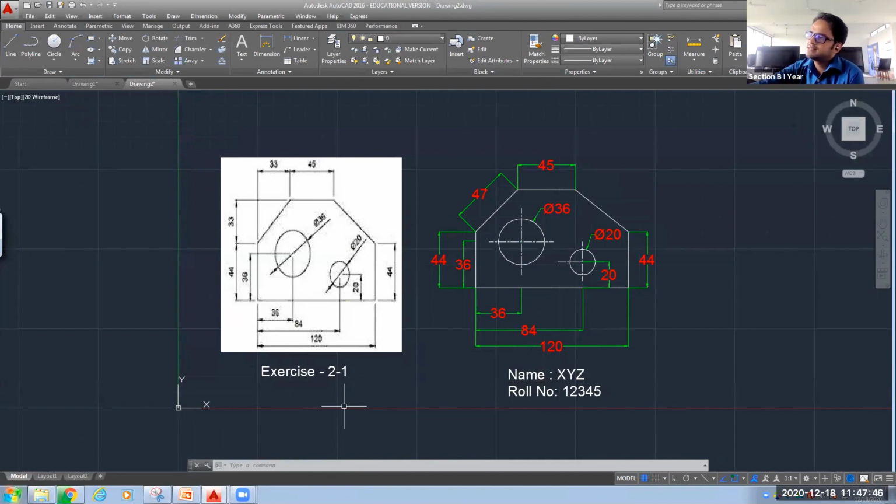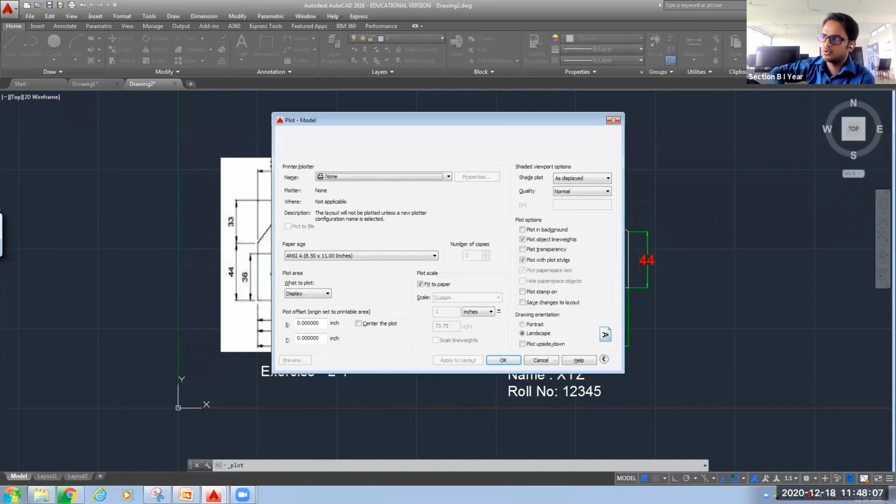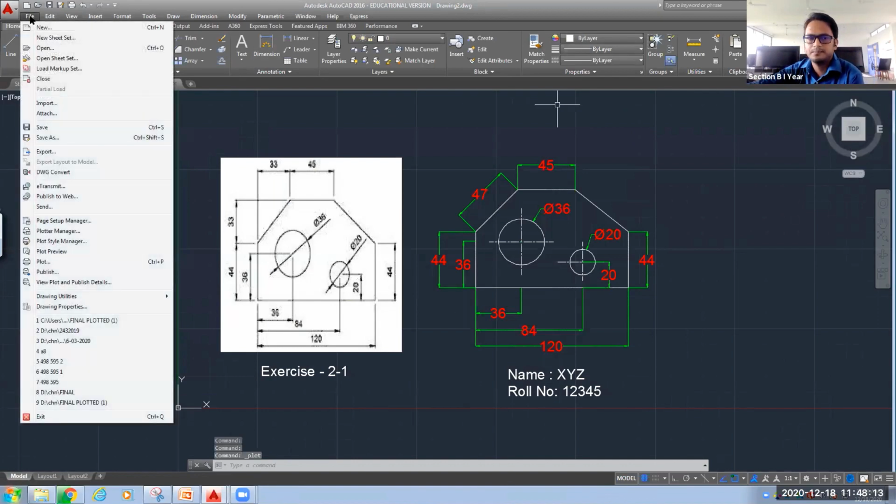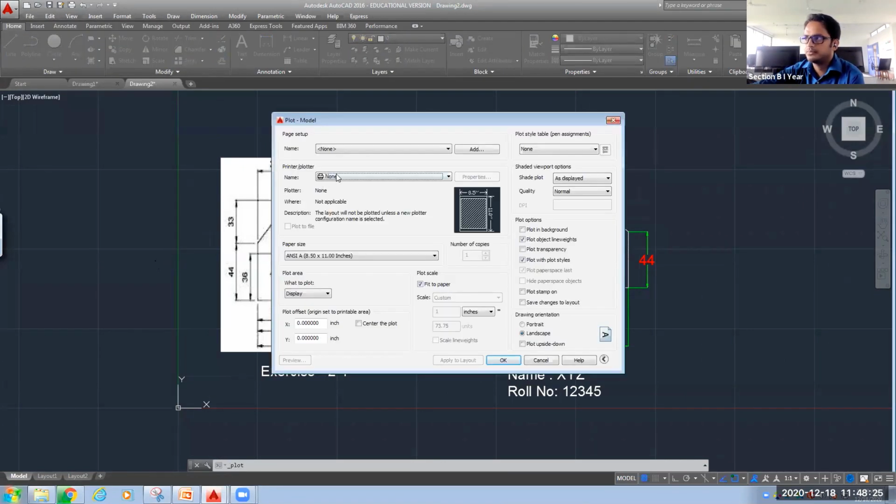Okay. Now the next is I want to take the printout of this so that you can place it in your record book. So as I have told you in the last class also, and again I am repeating so that it will be reminded in your memory, you need to press Control P. This is one way, or another way you can click on this File command on the top. At the bottom you can see in the middle here one option called plot is there. The shortcut key is Control plus P. Click on that plot. Select the printer, AutoCAD to PDF.